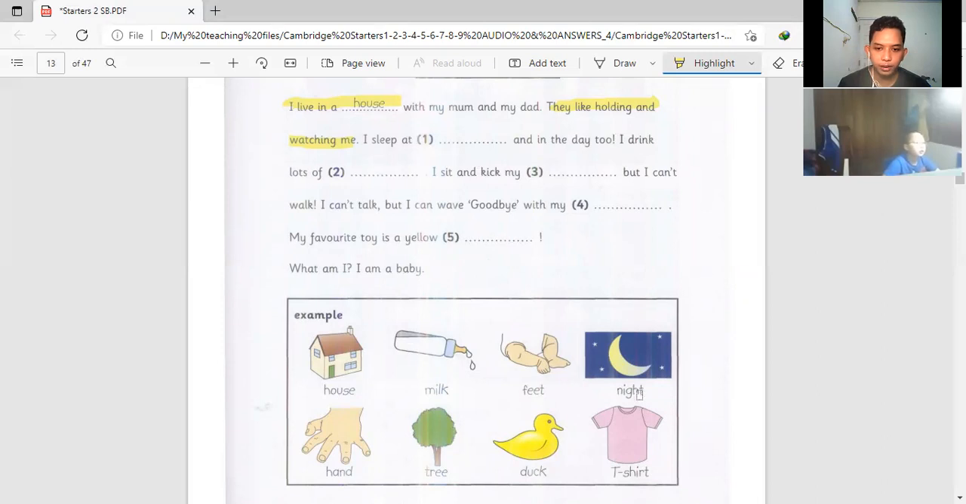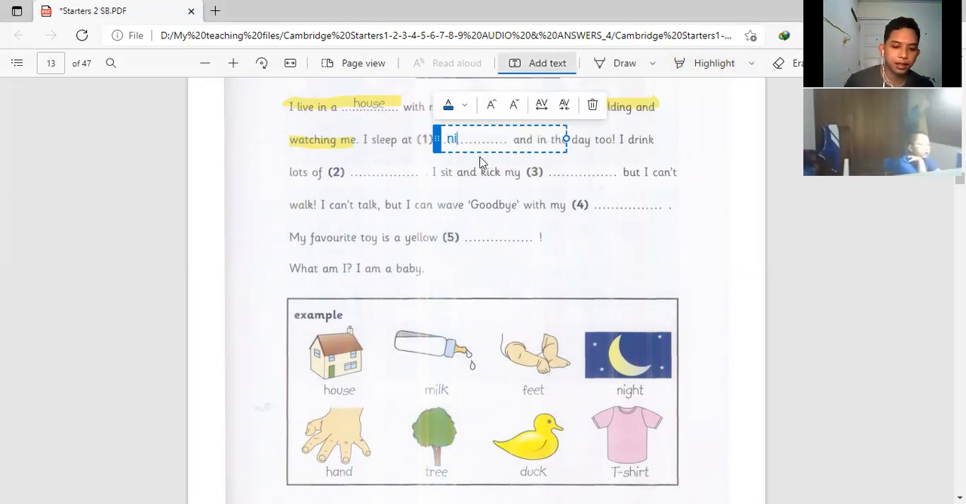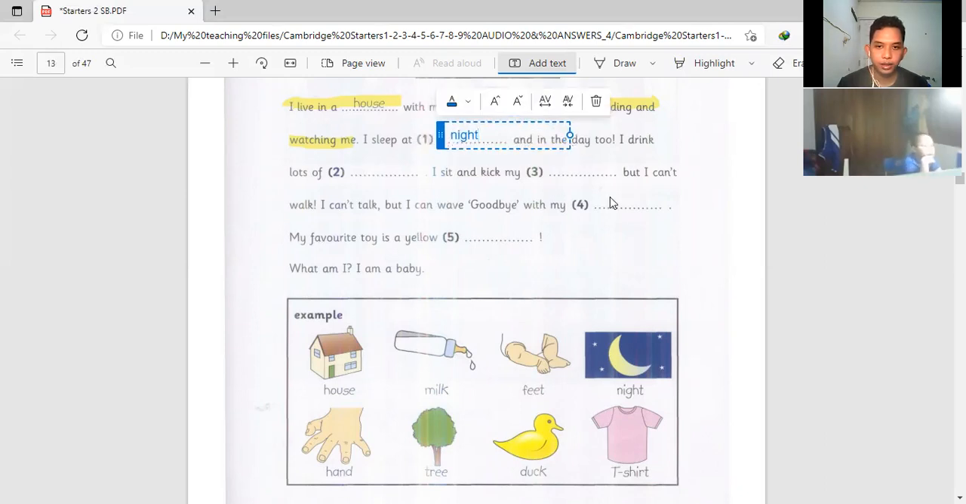House, milk, feet, night, hand, tree, duck, or t-shirt? The house. Okay, I sleep at night. Can you read that? I sleep at night and in the day too. Okay, I drink lots of